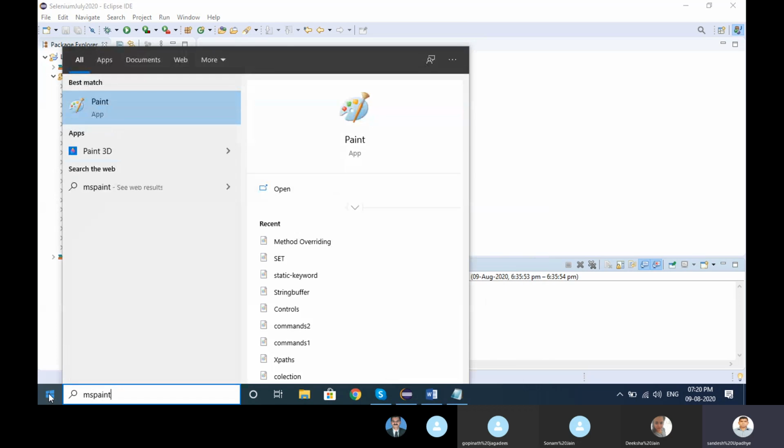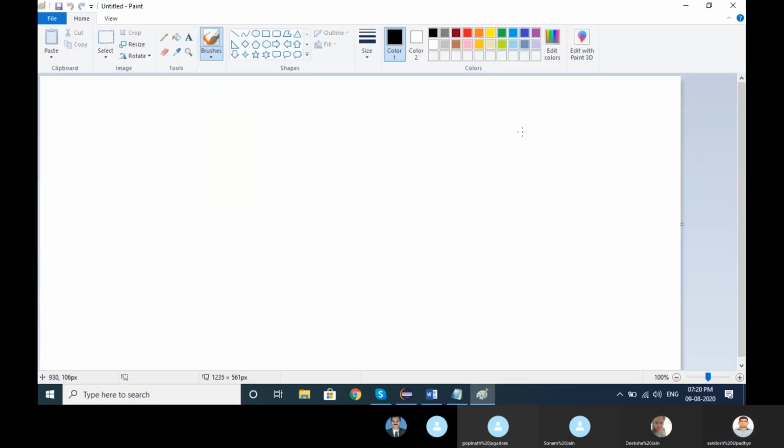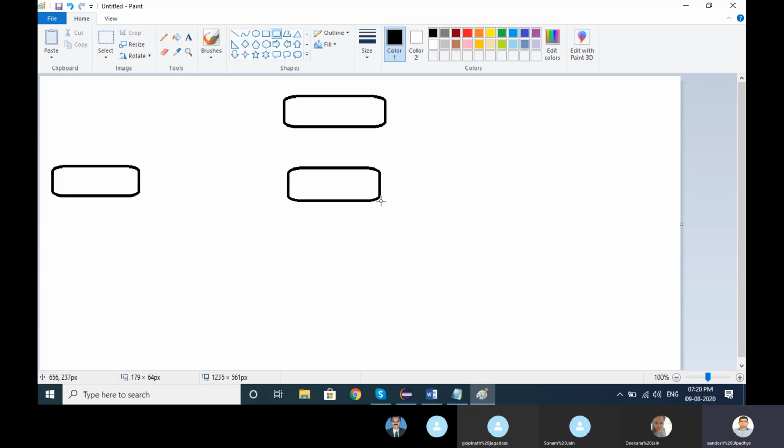MS Paint. Collection mainly has three types, 1, 2, and 3, and within the three types they have separate subtypes.